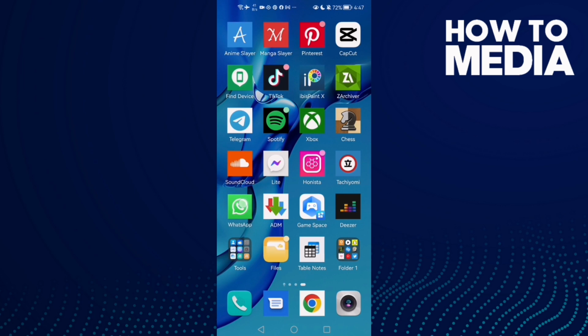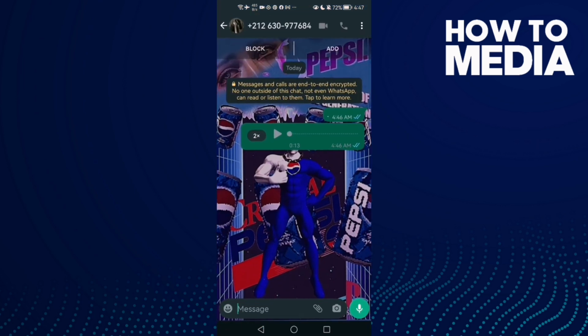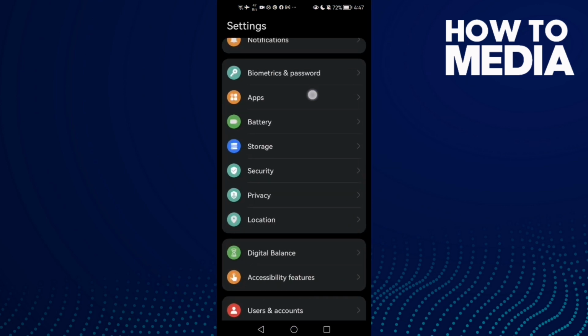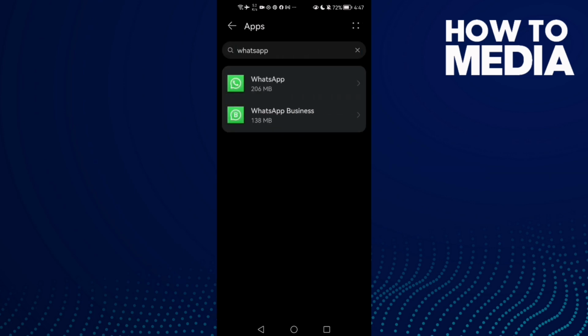First, open WhatsApp, and it's easy. All you need to do here, you will find it like that. Then just click this icon here, just make it one, click on it, and that's it, and your problem will be fixed. And if that doesn't fix your problem, just restart WhatsApp, go to settings, apps, and then apps again,